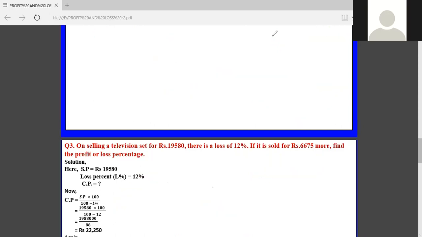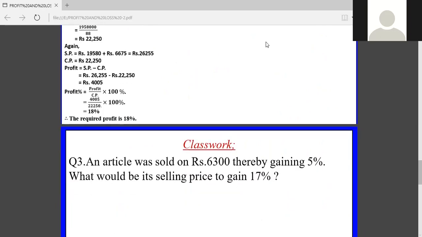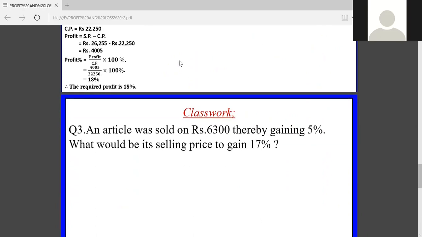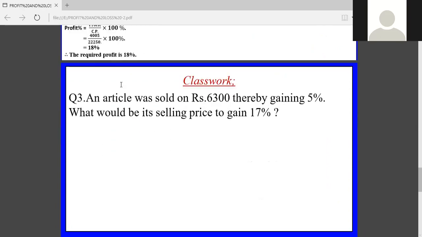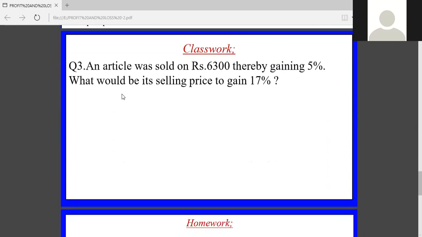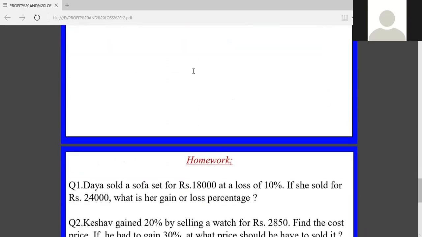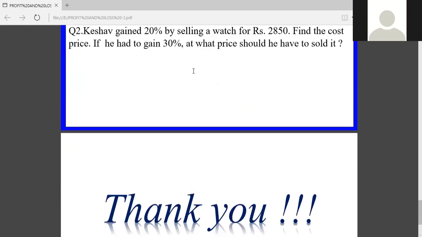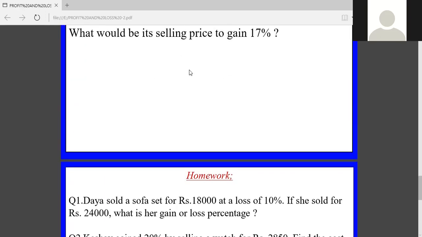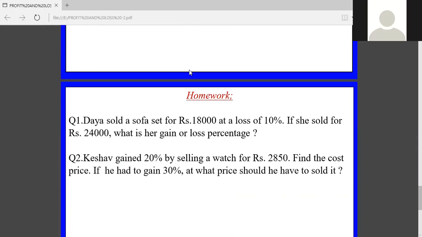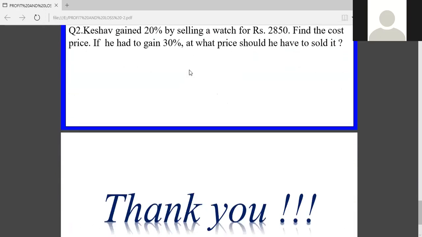Now see, children, I am showing you the next one. So this we have already discussed yesterday. This number 3, this classwork we did. This is of 7I. Yesterday we worked on this one only. Now I want to show you some of the questions from there. This Daya one is also already solved, and this is case sub one.